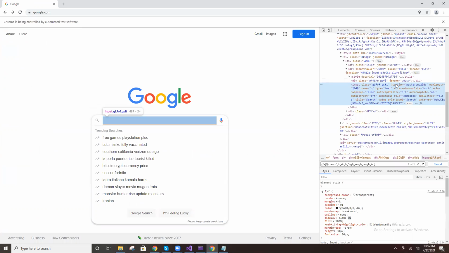We can take the property jsaction. You take anything.